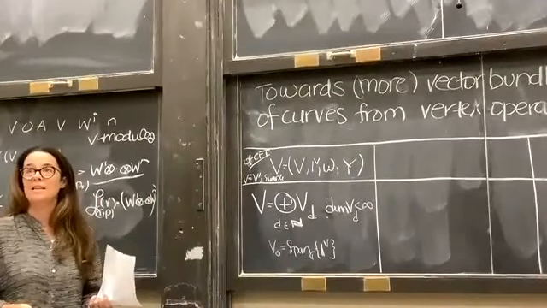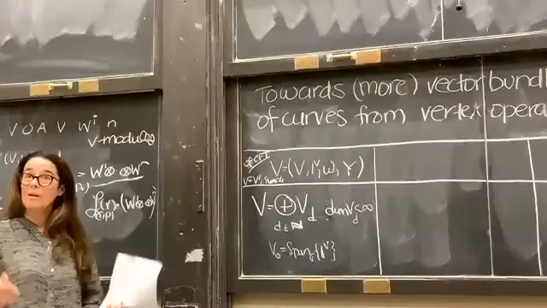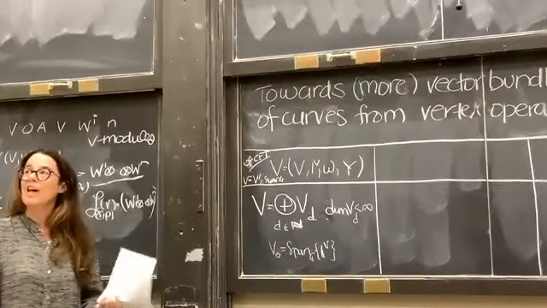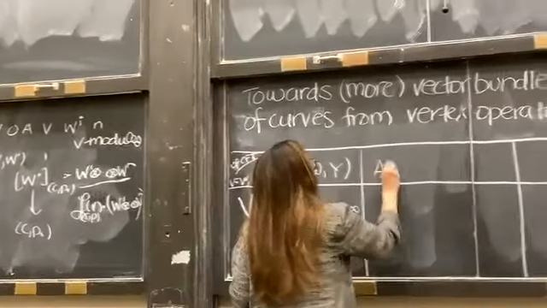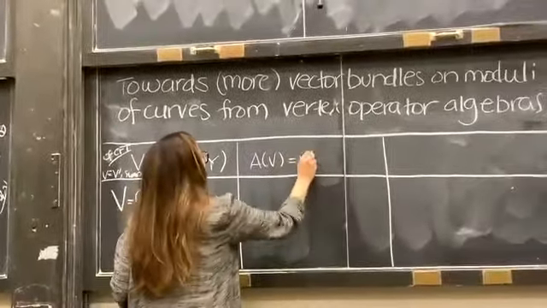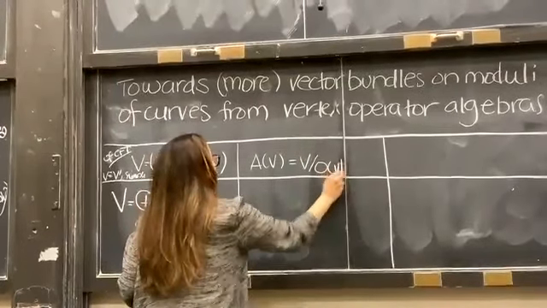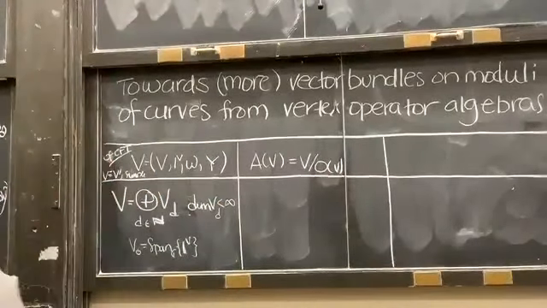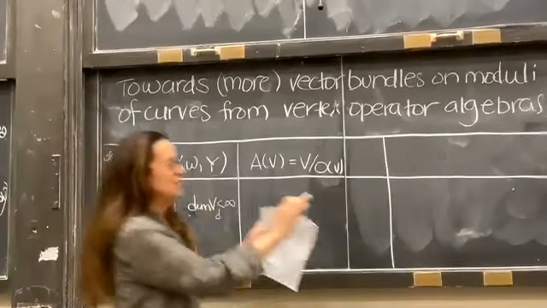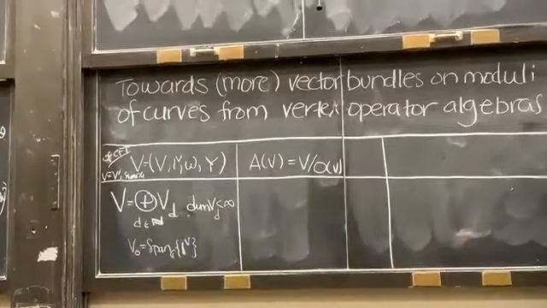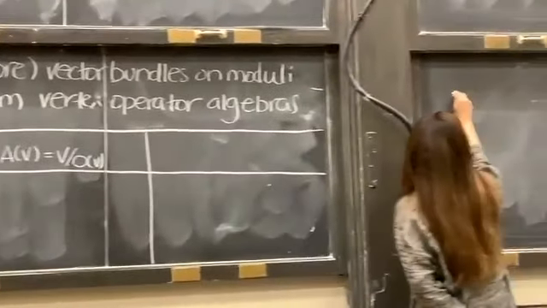To study it, it makes sense to find an object that reflects its properties that's finite. And one important way of doing that is to define an associative algebra. It's a quotient of V by a two-sided ideal. And what's nice about this associative algebra is, I want to go to the side here and say that there